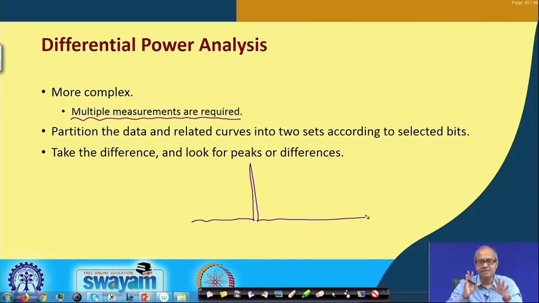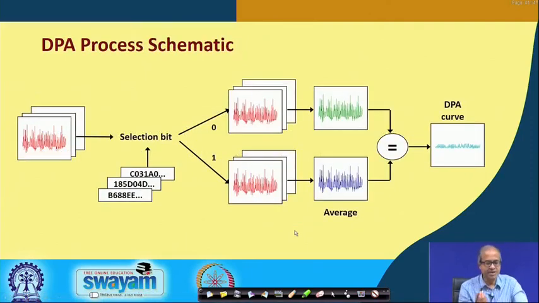These peaks are coming from a mathematical foundation behind it. So, I am not going into the mathematical details. So, we are looking for peaks by looking at the different waveforms. We are trying to estimate the key, what can be the bits of the key. By trial, I am assuming it to be 0 or 1 and making measurements, taking different waveforms and seeing whether a peak is coming. If a peak is coming, then my guess is correct. If a peak is not coming, then my guess is wrong. The idea is something like this. Pictorially it is like that.